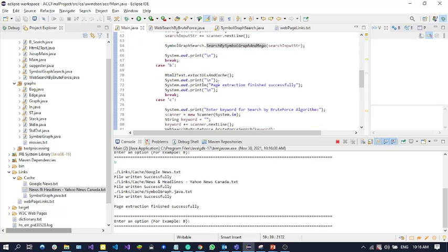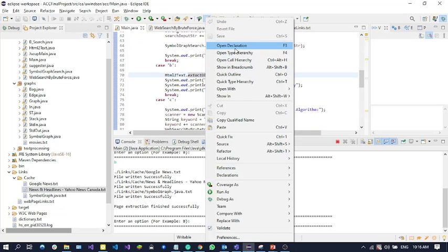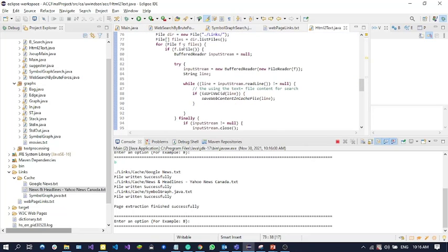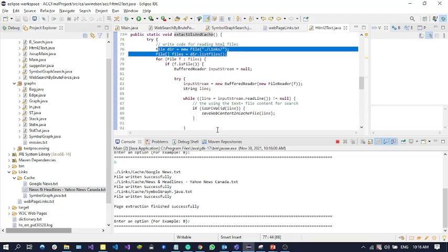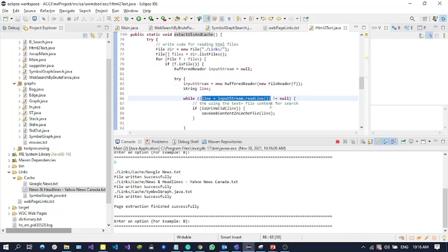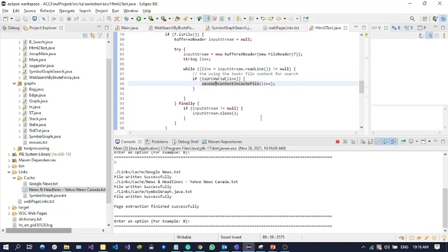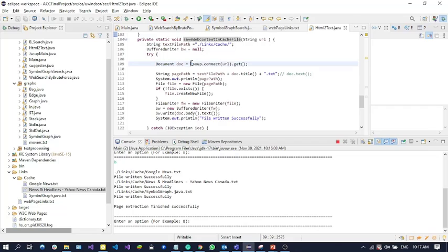If I go to codes, here you can see that we get the files from this file, and then read the content of this file line by line, and then check if each line is a URL, then save the web content in the cache file. Here we call the JSON connect method, JSON library, and then connect to URL, and then get the